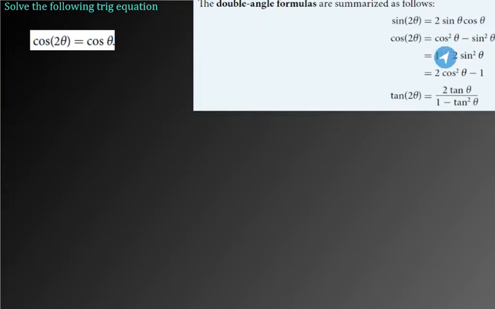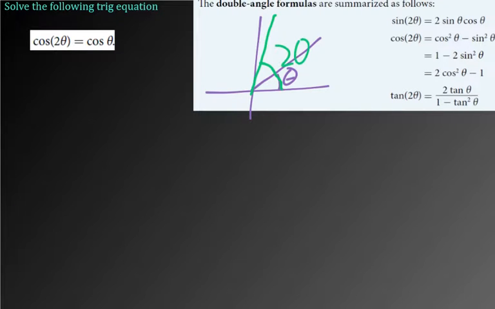Cosine actually has 3 options, which is kind of weird. Sine of 2 theta is actually just equal to 2 sine theta cosine theta. That's it. But cosine 2 theta has these 3 things that are equivalent. And these are just called double angle because you're literally doubling the angle. If you think about it in a picture, if this is theta, then let's say 1, 2, maybe that is 2 theta. So we're literally just doing,